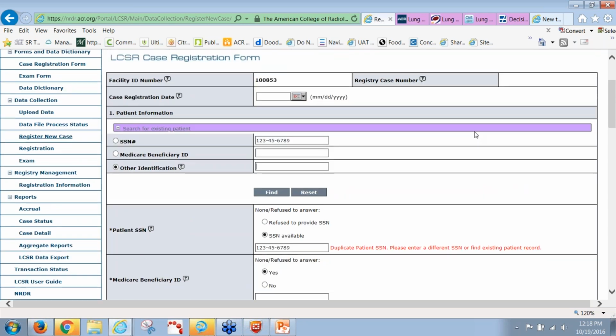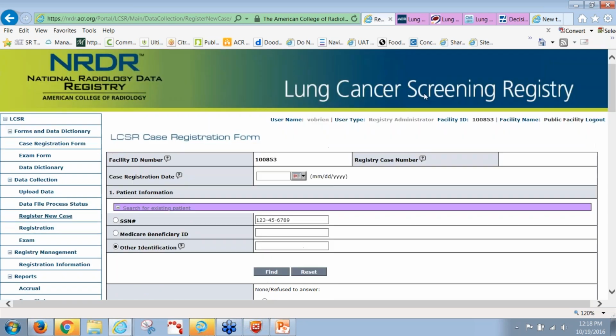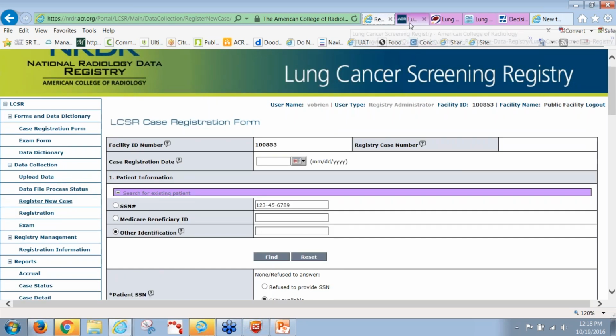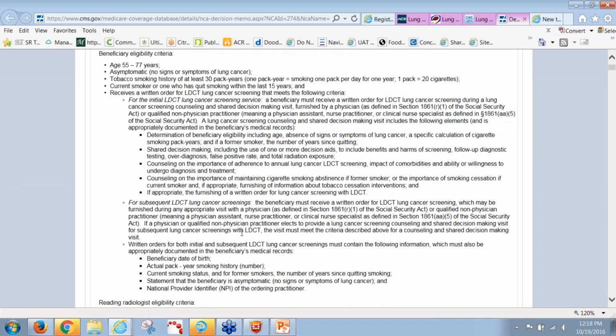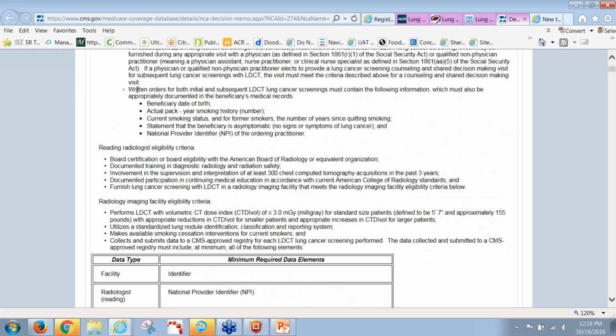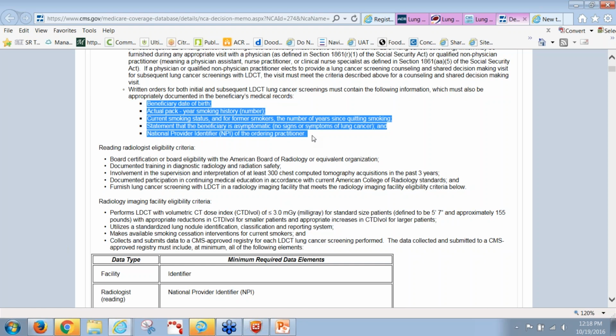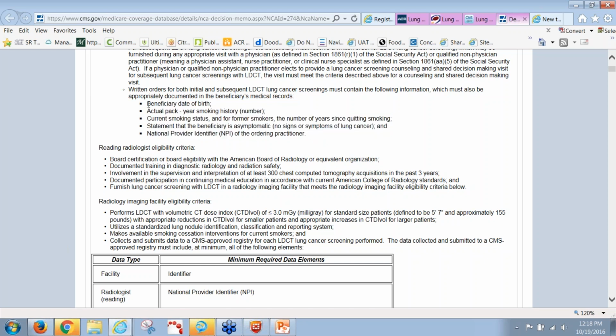Okay. Well, I'm not certain how you want to conduct that investigation, but according to the CMS guidelines, the order from the referring radiologist, it says written orders for both initial and subsequent should contain the following information. So in the order itself, it needs to contain this information here. There are some physicians that are referring professionals. It can be a PA, an RN, or a physician who can write the order and then include this information,